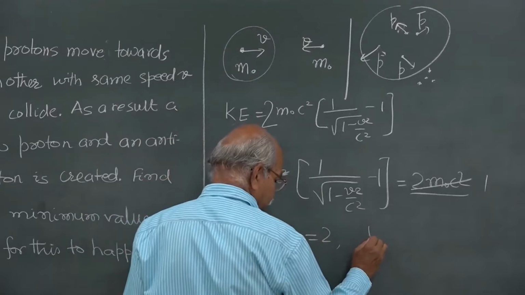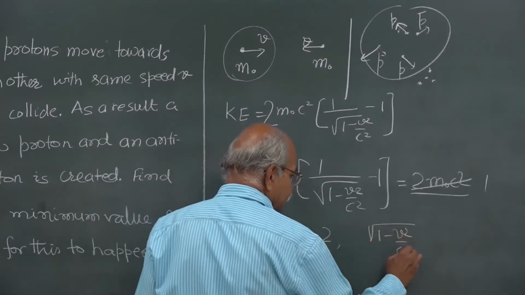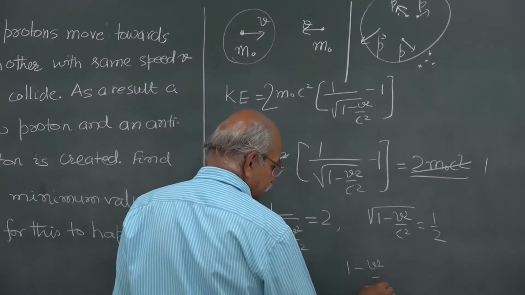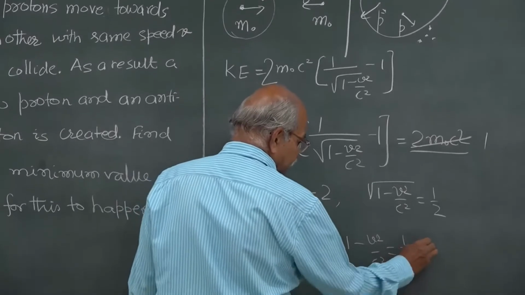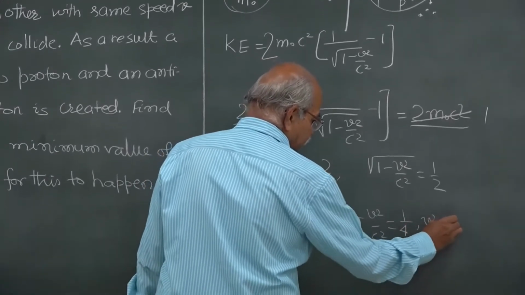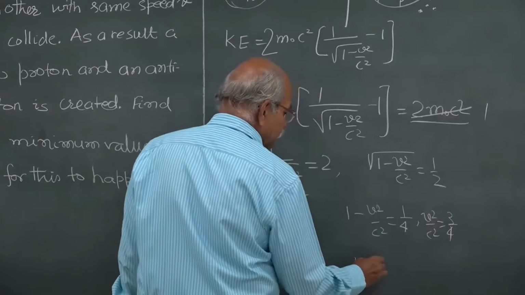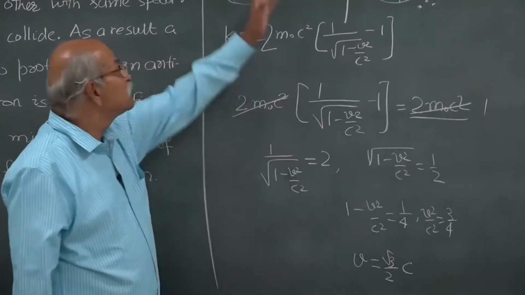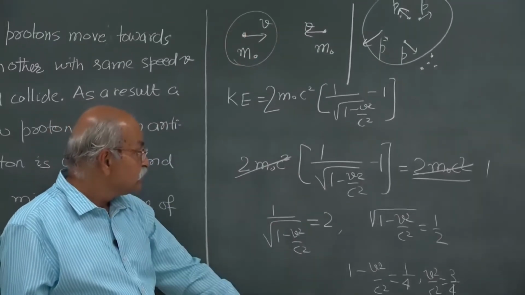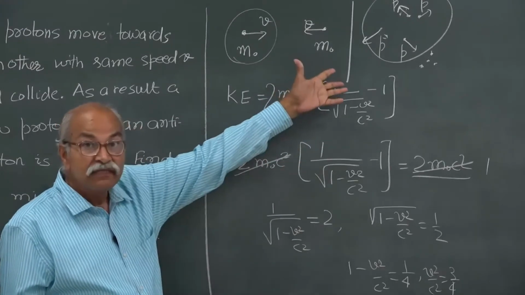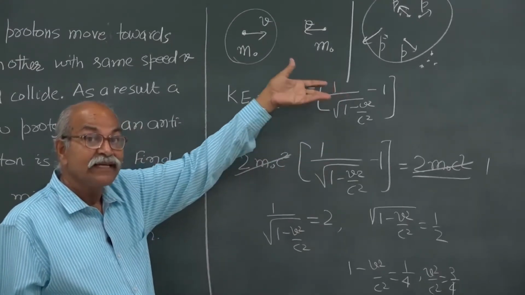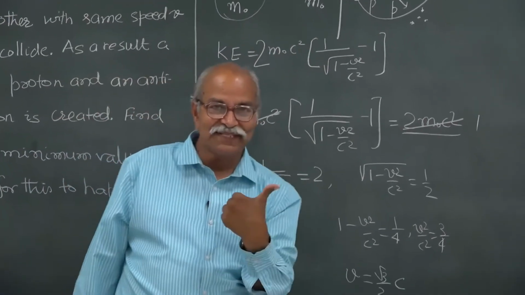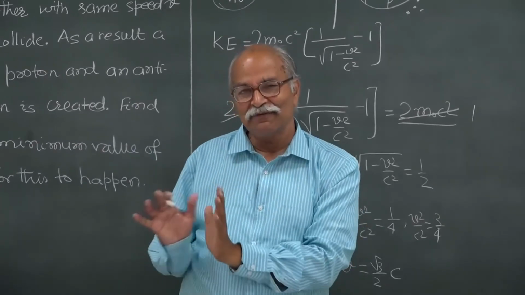So, square root of 1 minus v square by c square is 1 by 2. So, 1 minus v square by c square is 1 by 4, v square by c square is 3 by 4, and therefore v should be equal to square root 3 by 2 into c. That is the minimum speed each of these 2 protons must have, so that this creation of proton and antiproton can take place. Now, we will just modify this question, we will go for another question having a similar framework,